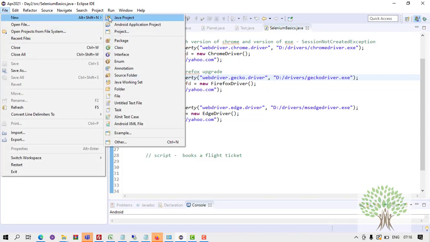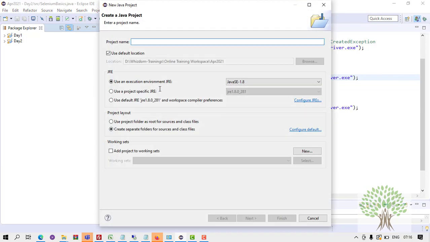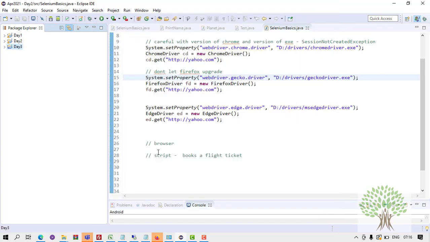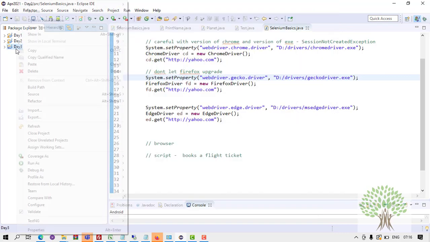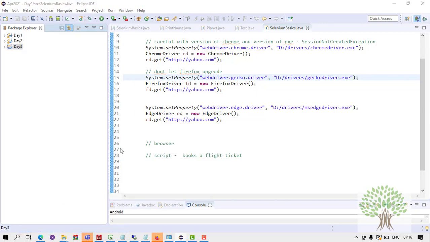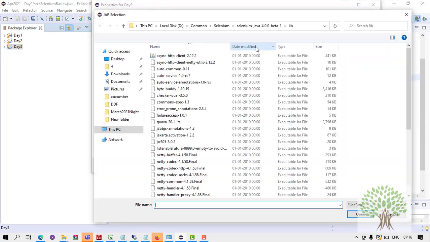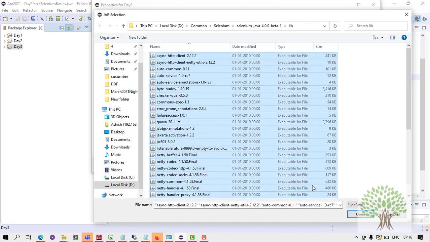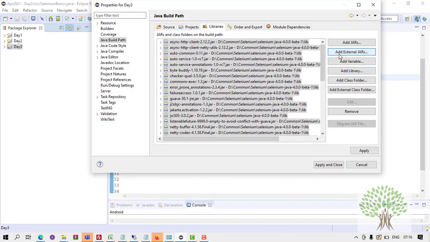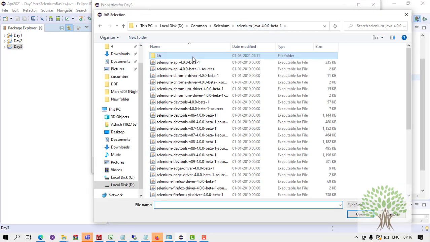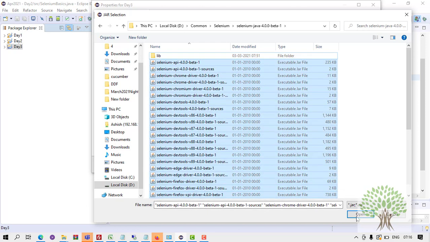Okay. I'll create a new Java project. Right. I'll call it day 3. Fine. And whenever you create a project and you have to write Selenium code, you need to right click on the project, go to the properties and go to Java build path, and you have to add external jars. Right, add all the jars in the lib, also all the jars which are there over here. Okay, now